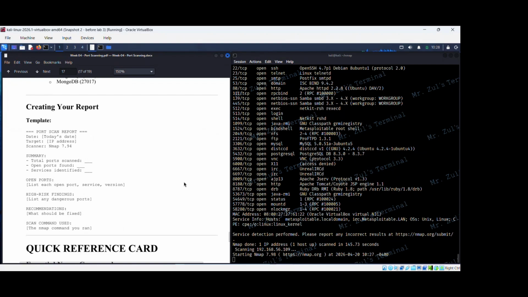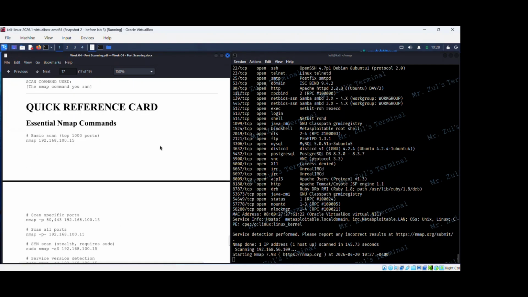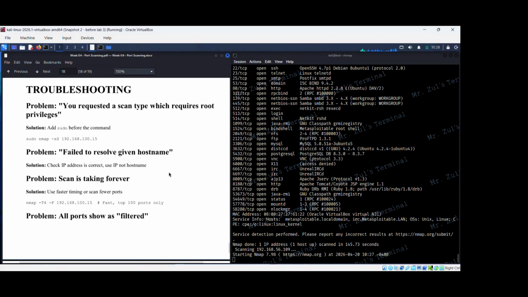Okay, then this is the template you can use to create the platform and so on. And this is the troubleshooting if you have any issues. I think that's all for this lab. Very simple, right? So you can try it by yourself, run it with your